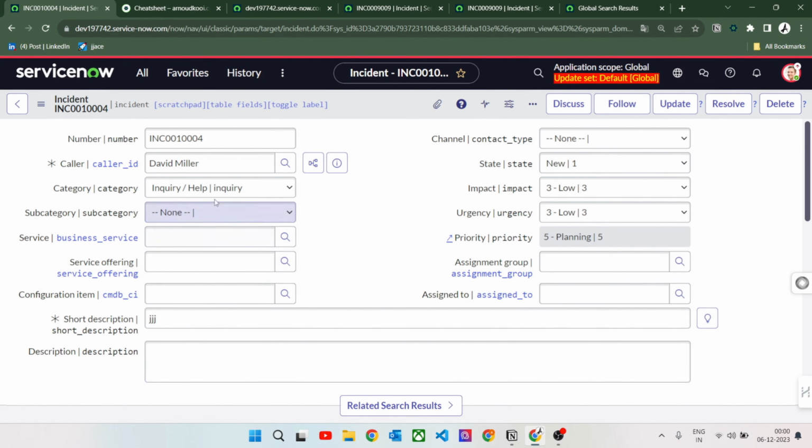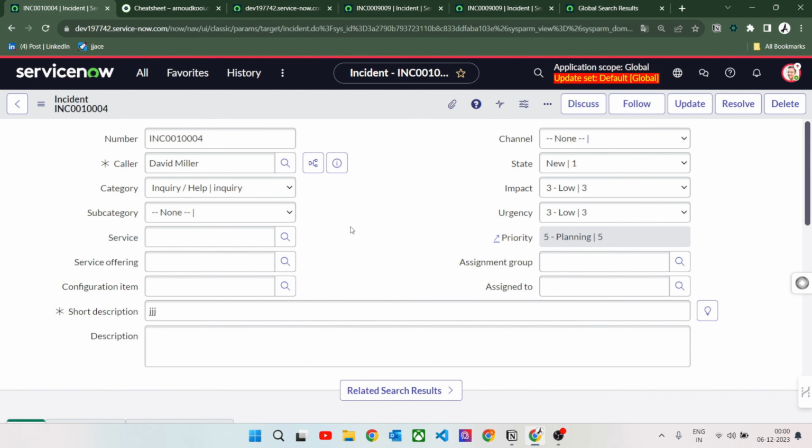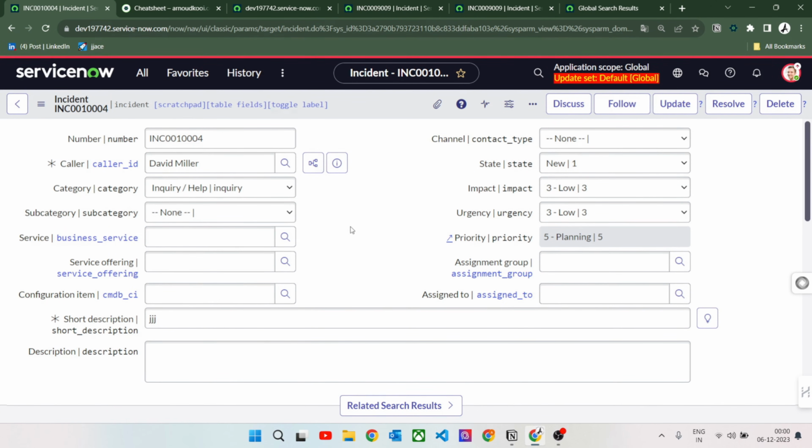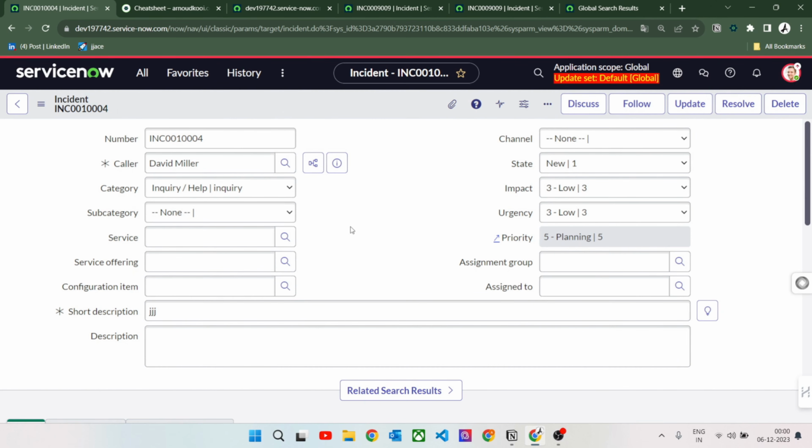A few other things. Okay, for example, if you want to enable the technical name, you can simply double click on the open space also, and it will work. So I have removed it by double click, I have enabled it by double click, right? Now if you want to create an encoded query from this particular record,